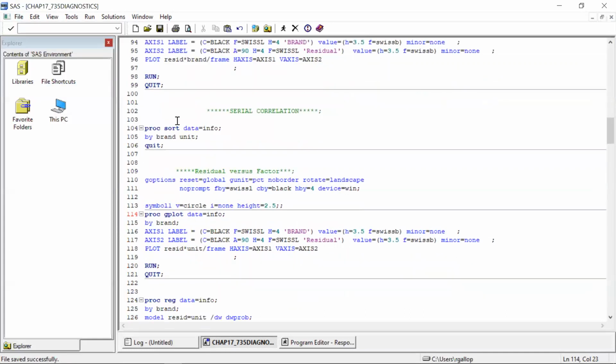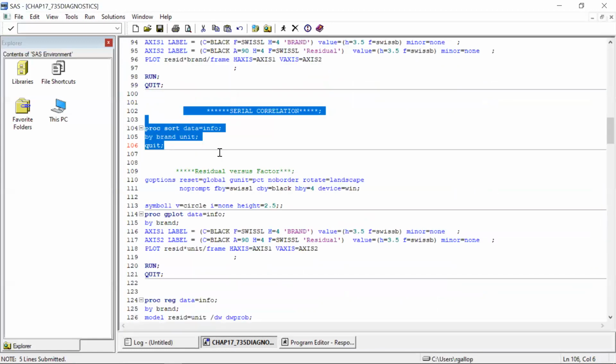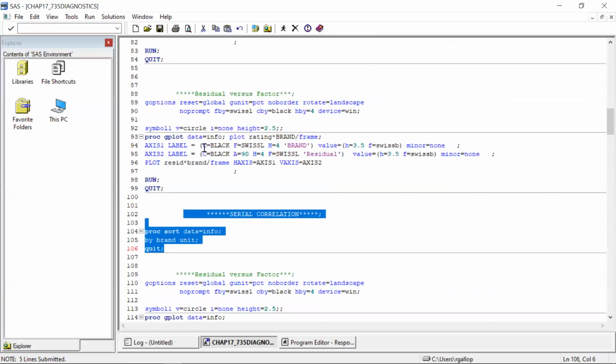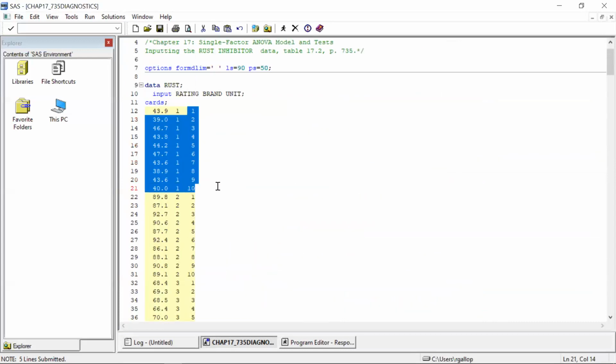So in this case here, I'm going to sort the data by brand and unit. So suppose in this case, suppose the ratings were sequential. So the units that we see in the data point, I go back up to where the data was. So these 10 ratings were on sequential days. And suppose the sequential days were painted during the summer or whatever. The temperature of the day has an impact on the quality of the paint. So possibly if we think of these as days or maybe even months,